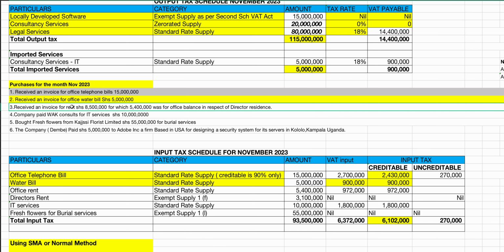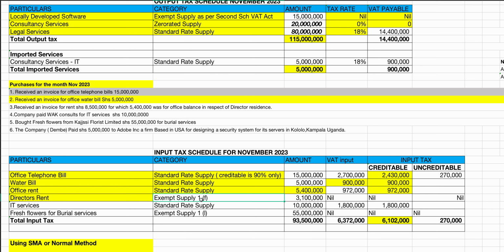Received an invoice for rent, 8.5, for which 5.4 was for office, and the balance is in respect of the director's residence. Office rent is standard rated, and we will recognize it here, 5.4. 18% of 5.4, which is 972, which is creditable as allowable. Then director's rent,